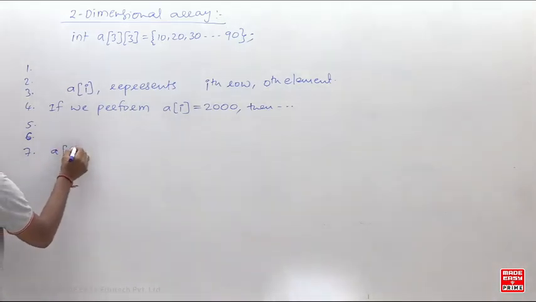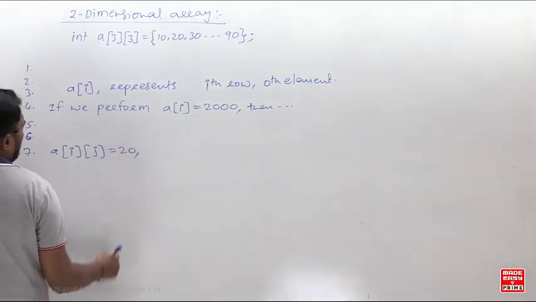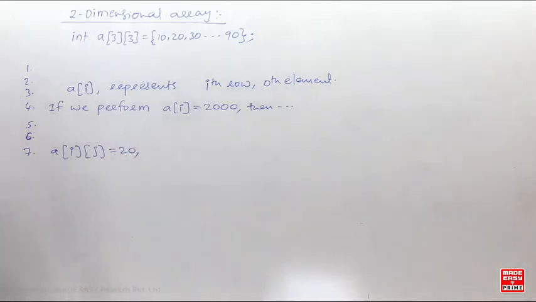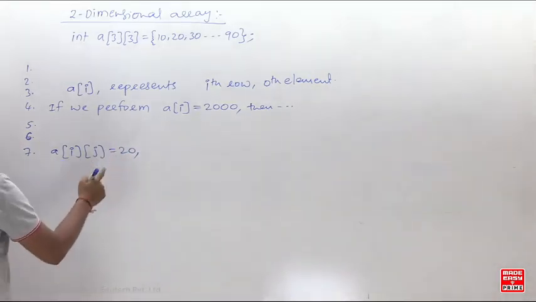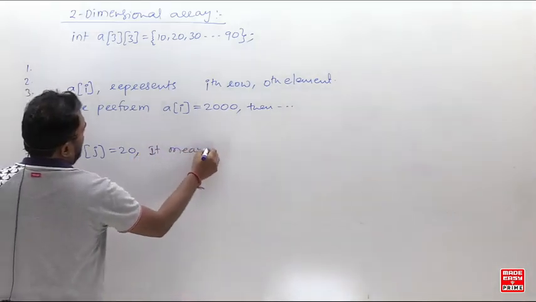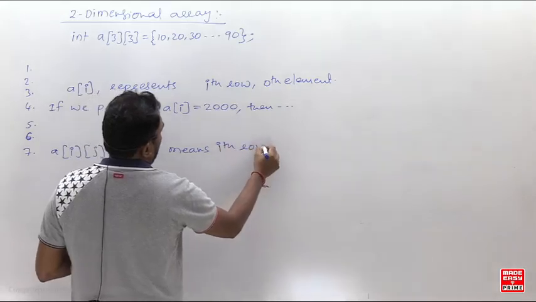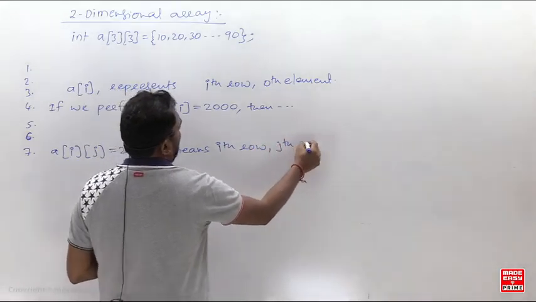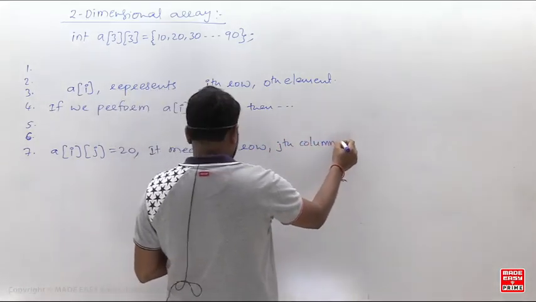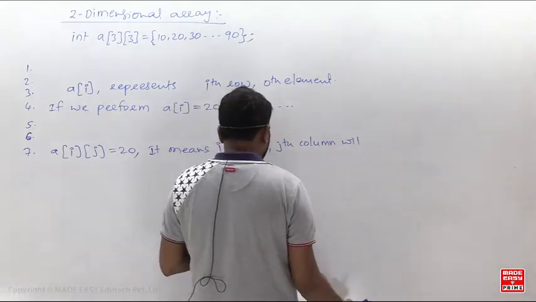Okay, I am writing here. A of ij equal to 20. What is the meaning of this? It means the ith row, jth column will be replaced